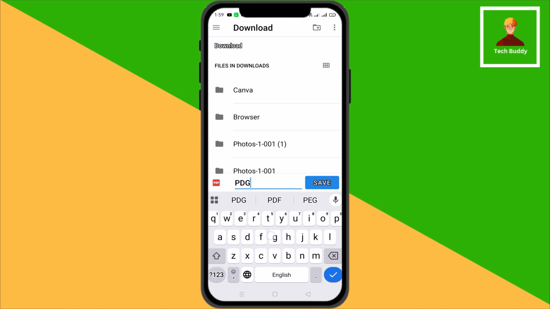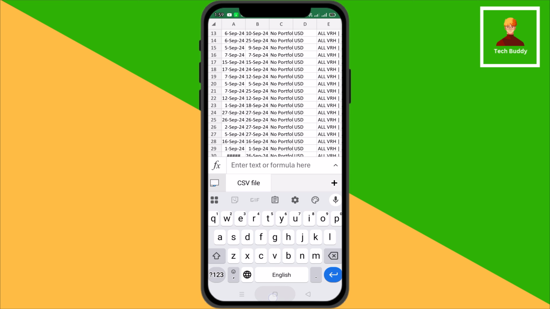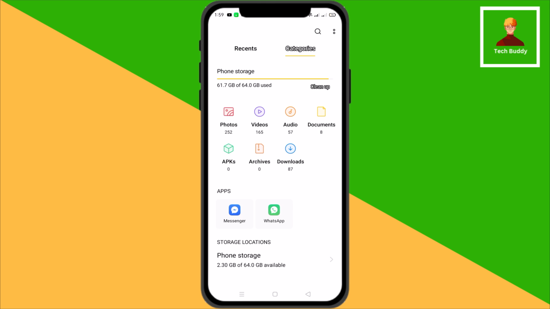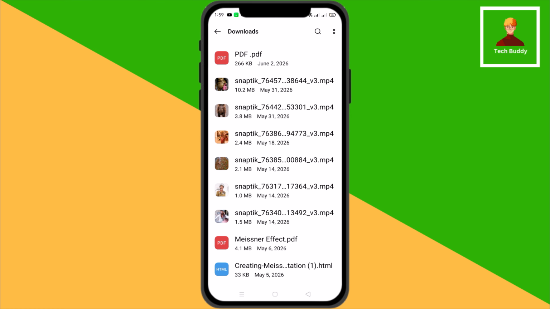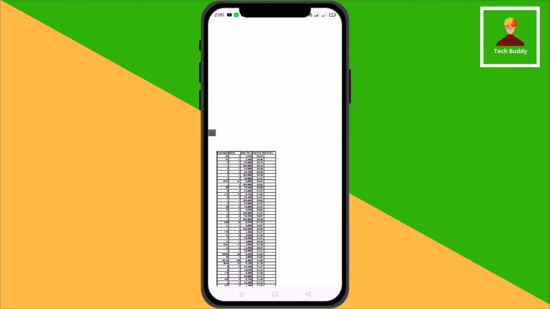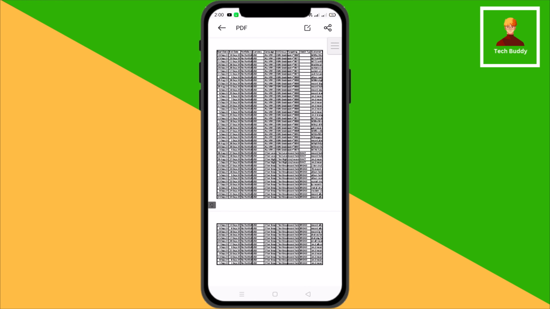The Excel file will now be converted and saved as a PDF on your phone. To view it, open your File Manager app and navigate to the location where you saved the PDF. That's it. This is how you can convert an Excel file to PDF on any Android phone without using online